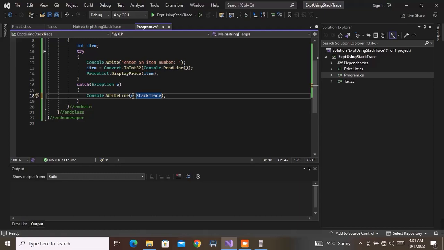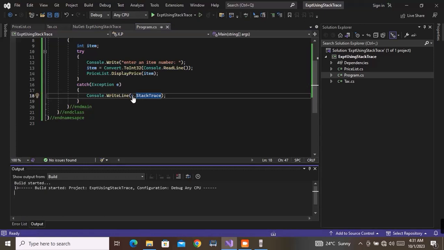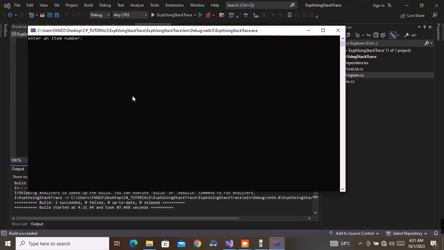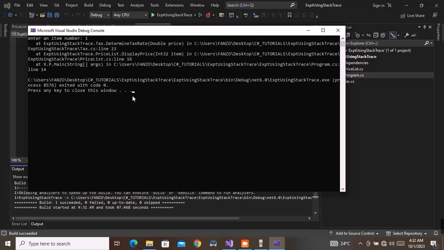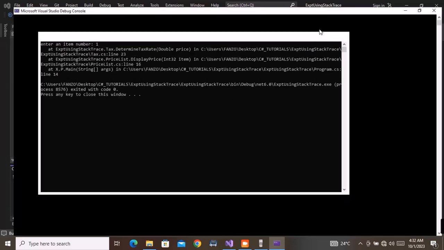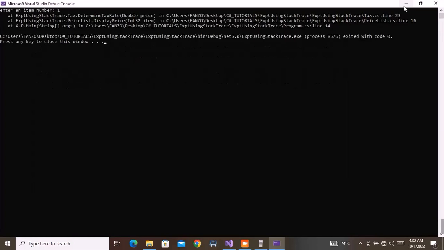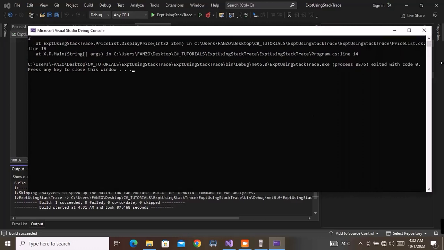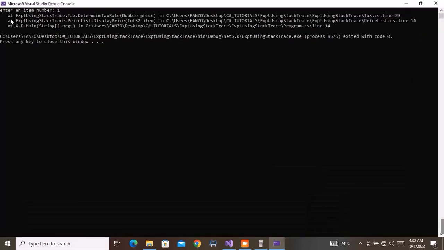Very, very important. Right, let's run and purposefully generate an error and see what exactly the stack trace will do, whether it will be able to give us detailed information as to where that error has occurred. I will enter A1, enter. Right, let me do this. Okay, let me do this. Right, at exception using stack trace